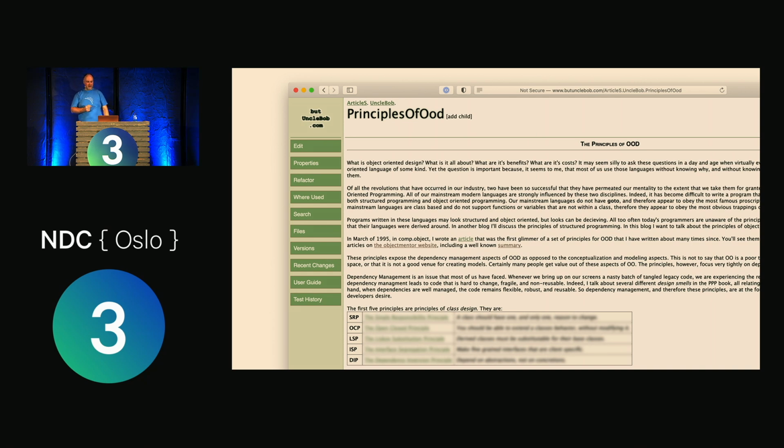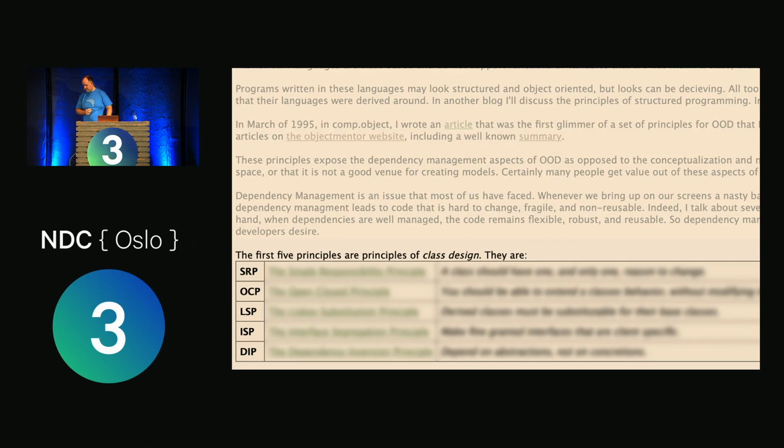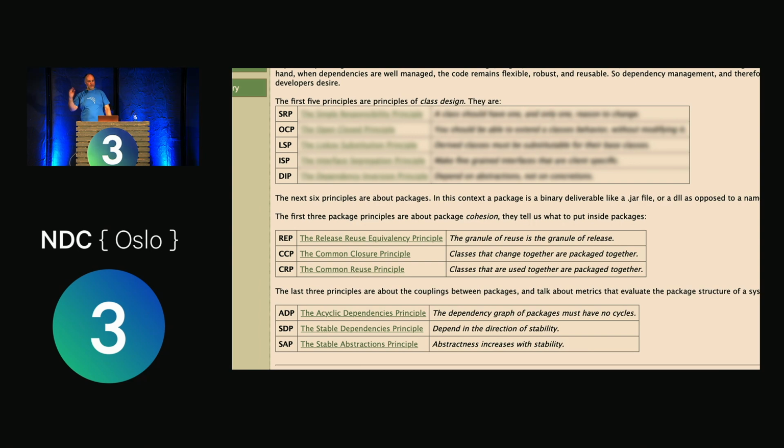2005, so a couple of years later again, Bob Martin writes the principles of OOD. And you notice at the bottom there, we've got those principles listed in now the order of solid. Just to make it a bit easier to read, still blurring out the actual names for now. In fact, he then goes on to talk about those other principles as well from the earlier paper. Interestingly, in that whole article, he never once says the solid principles. So he's got them in the right order, but not by name yet.